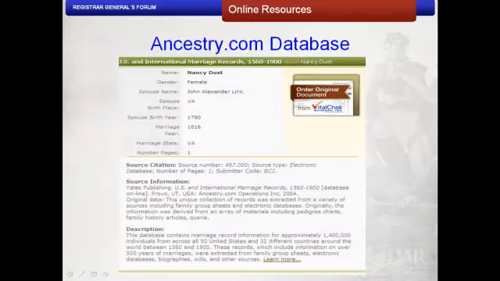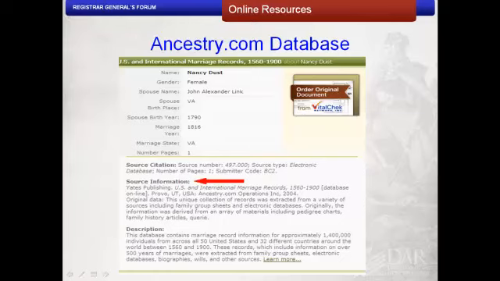This is an example of a database in Ancestry.com titled U.S. and International Marriage Records, 1560 to 1900. This database contains a record for John Alexander Link, married in 1816 to Nancy Dust in Virginia.